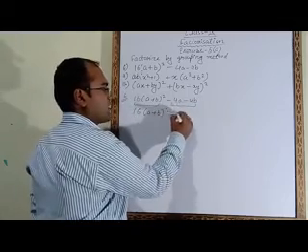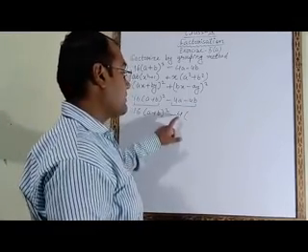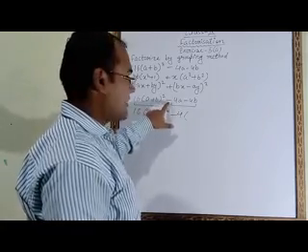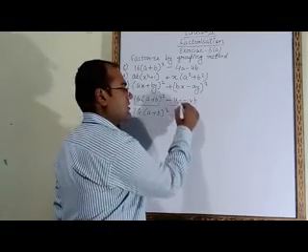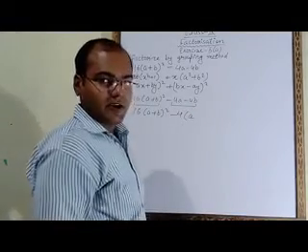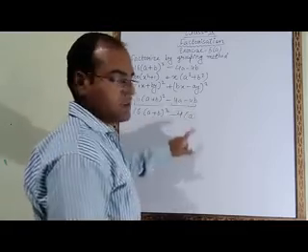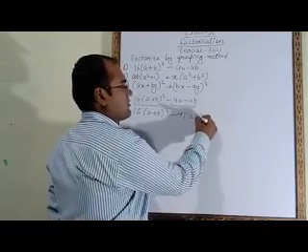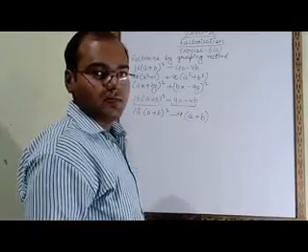From these two we will take minus 4 common. Now we have to write the remaining part. If we take minus 4 common, minus and minus will become plus. That means here inside we have to write a plus sign. And 4 we have taken common. What is the remaining? Alphabet a is remaining, so we will write plus a. Minus and minus will become plus, so here we write plus. 4 we have taken common, so what is remaining here? Alphabet b is remaining, so we will write b.